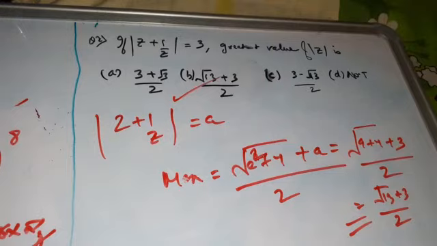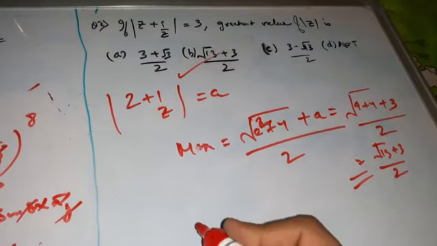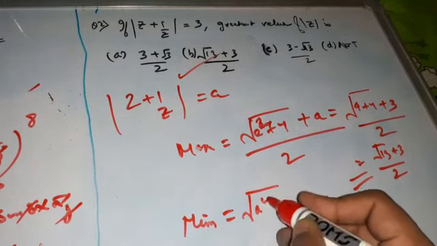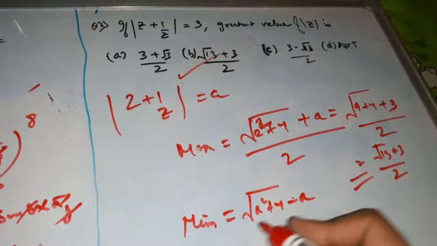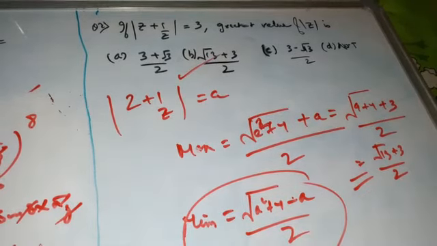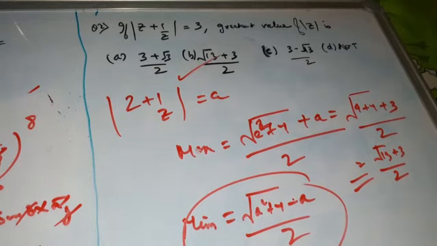Now you will ask, if the minimum value is asked, what will we do? The same formula with a negative sign. The minimum value is given by (√(a² + 4) − a) / 2. So memorize this too. This may come in the upcoming JEE Mains or Advanced exam. In JEE Advanced it will come as a comprehension passage, not as a simple question.